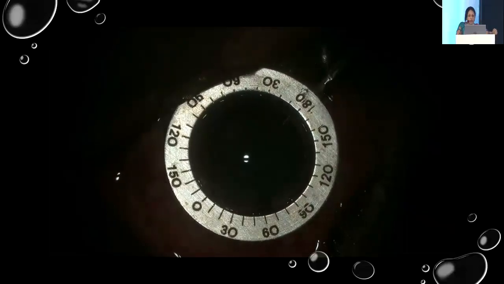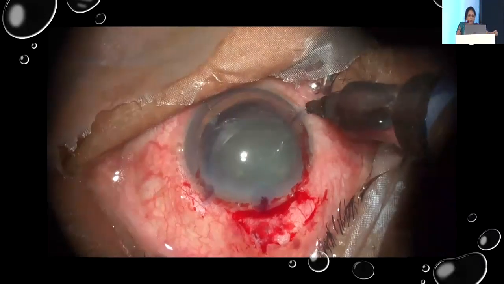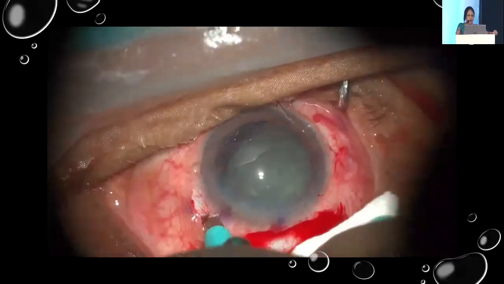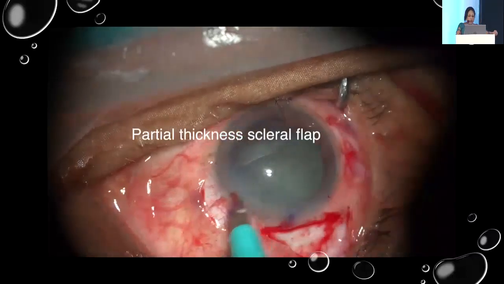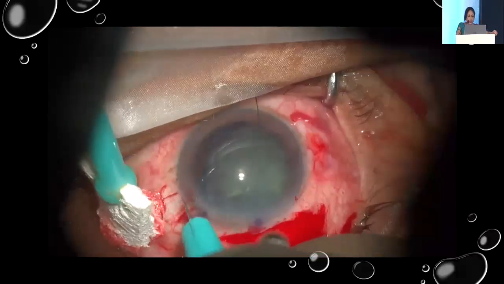In these patients, there is a chance that while you are performing the surgery, this whole lens may fall into the vitreous. So one has to be extra careful. So what I have done is, I have already pre-marked my areas to fix the IOL. I'm going to do an ICCE. I'm not going to do a SICS per se.